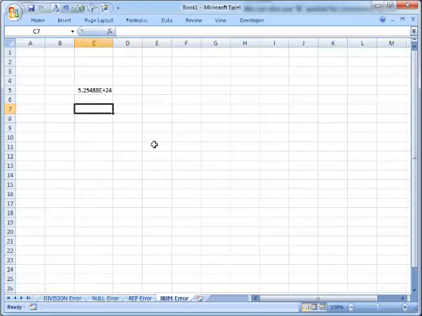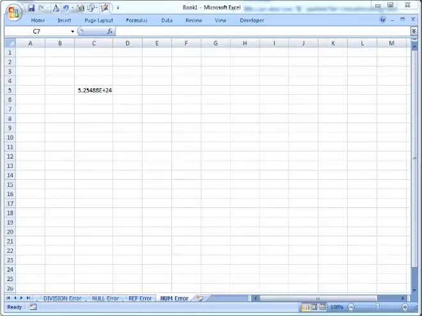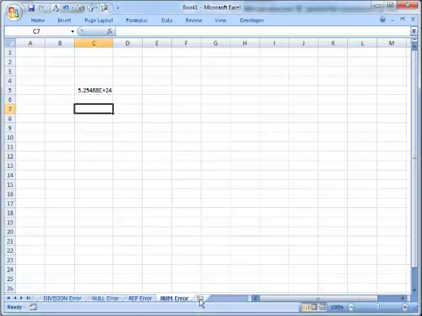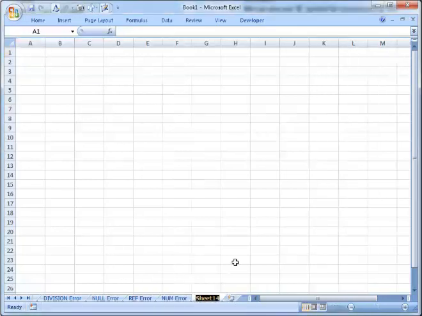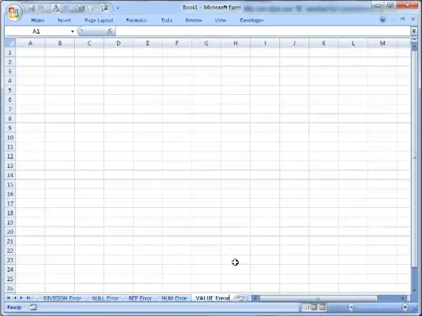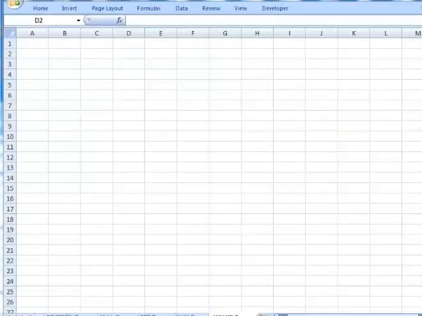And now the final one is value error. We'll see how value error works. Say for example we have three values here. Say A1 is 10 and A2 is hello,